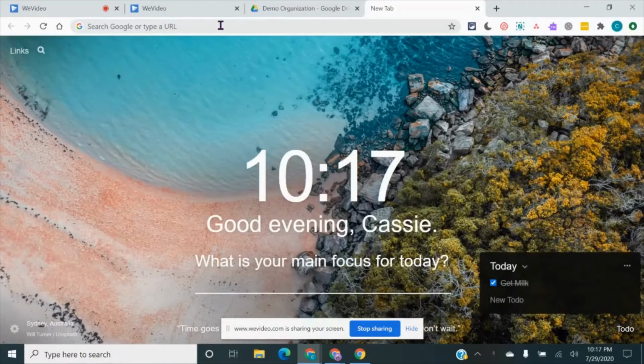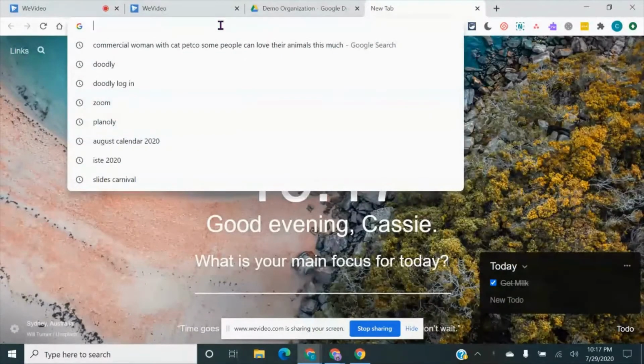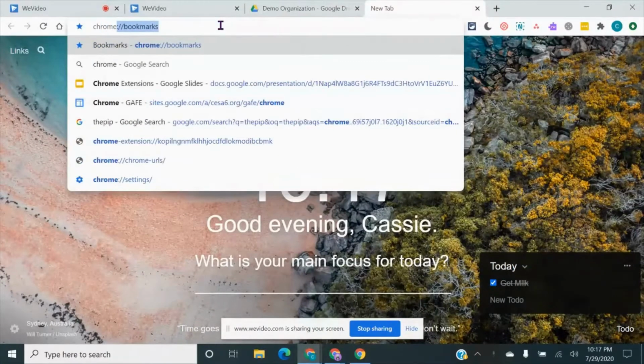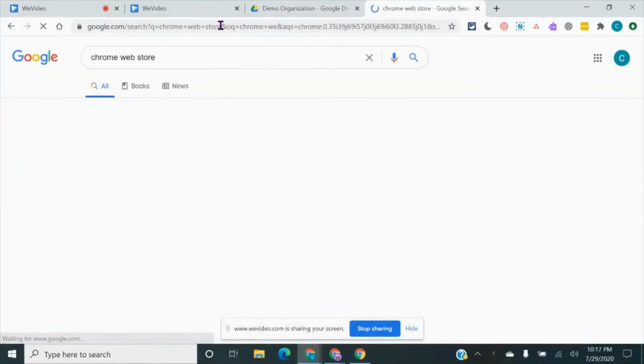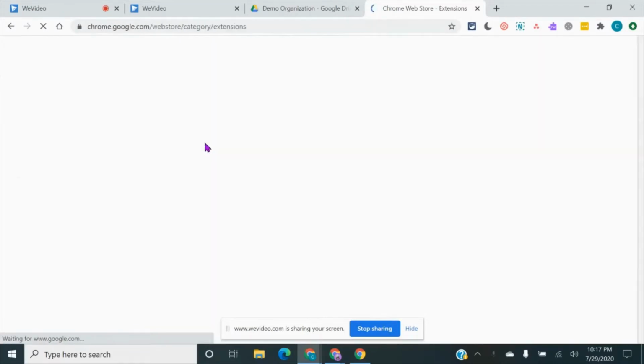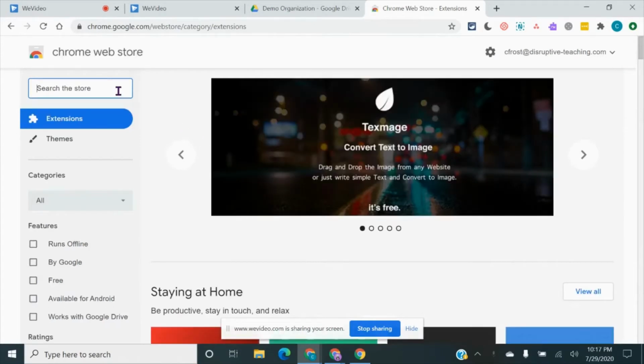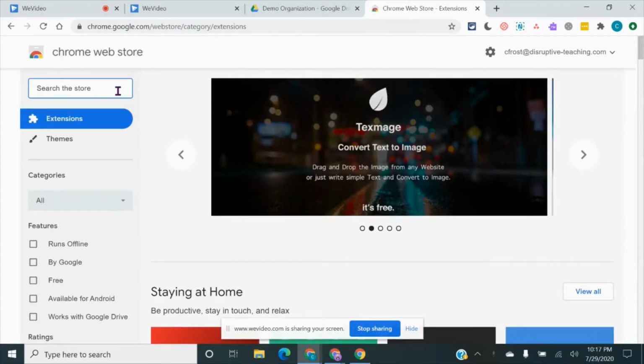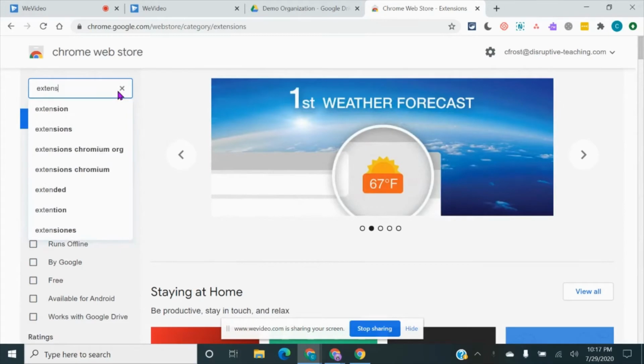The very first thing that we're going to do is go to the Chrome Web Store. Now there's multiple ways of getting there, but if you're not sure how, you always can simply search Chrome Web Store and click on the first link. In order to find this extension, you're going to search the store for Extensity,